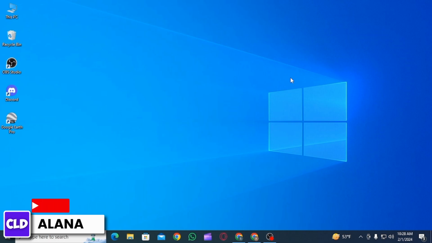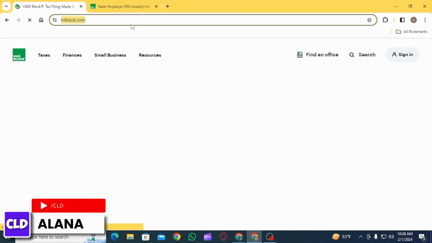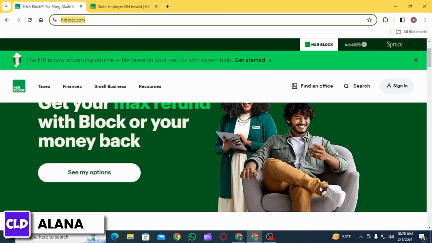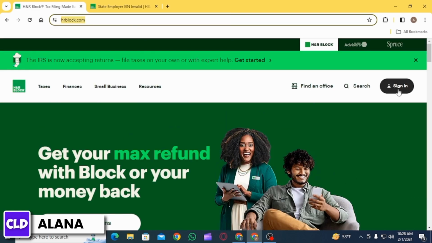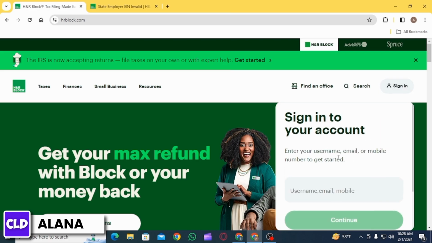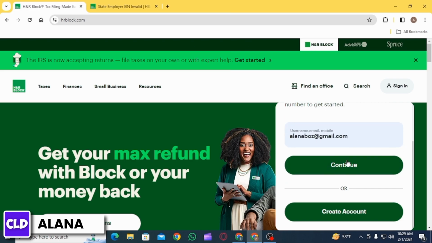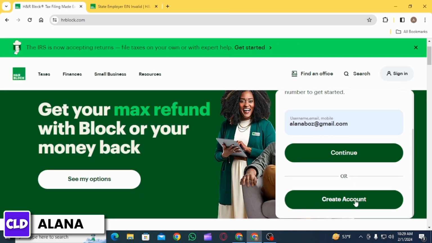The first step is to open up any web browser and head over to hrblock.com and press enter. Then on the home page, you first have to sign into your account. For that, click on the sign in option. There on the box, you will have to enter your username, email or mobile number and then click on the continue option. If you do not have an account, click on create account, follow the instructions and then your new